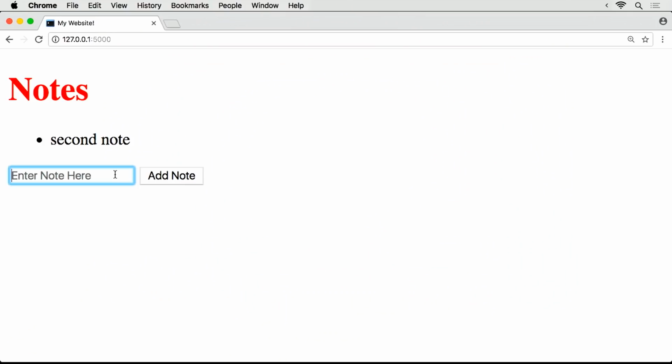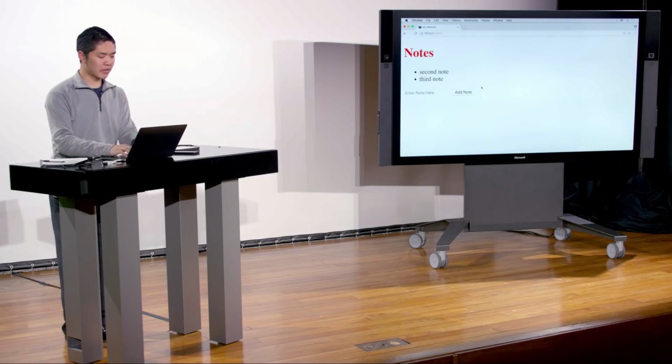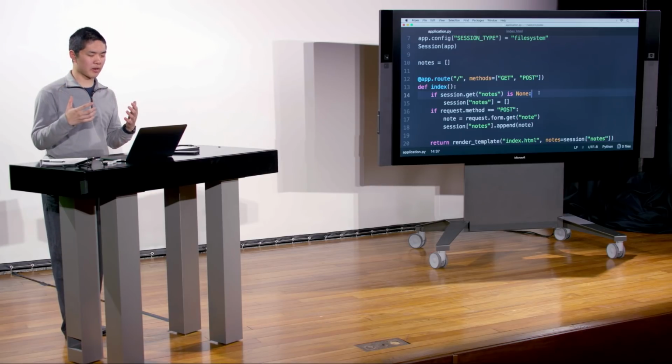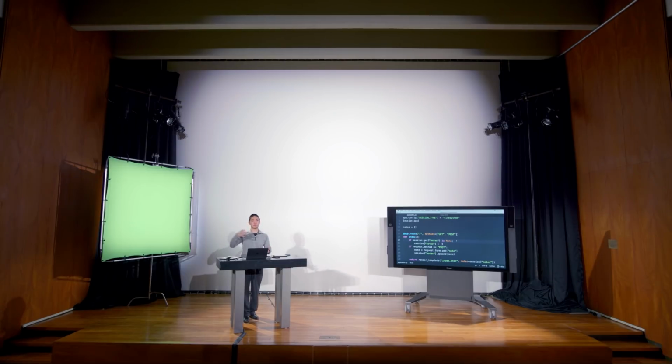So now it says second note. Now if I type third note and add a note, it adds the third note just like we would expect it to. And so the advantage here is that now I have multiple different sessions going on, such that this particular user is independent of other particular users. We don't have one shared notes variable across all of the different users. And if you were to eventually go to my website, if I host it somewhere on the internet, that will have its own set of notes and so on and so forth,